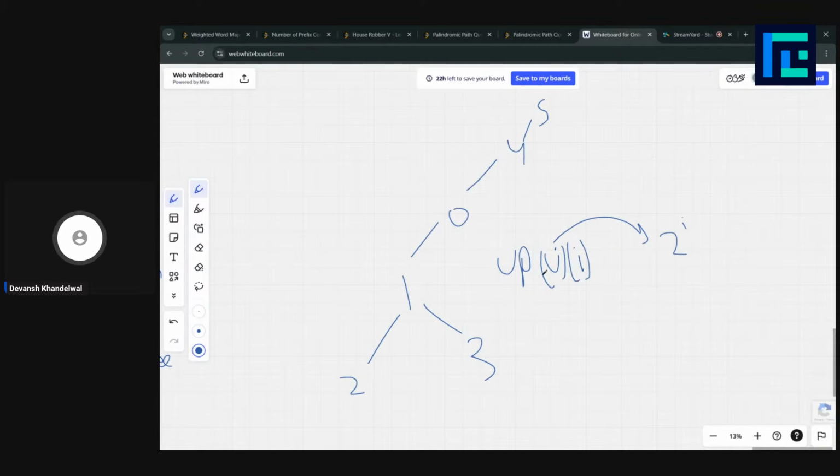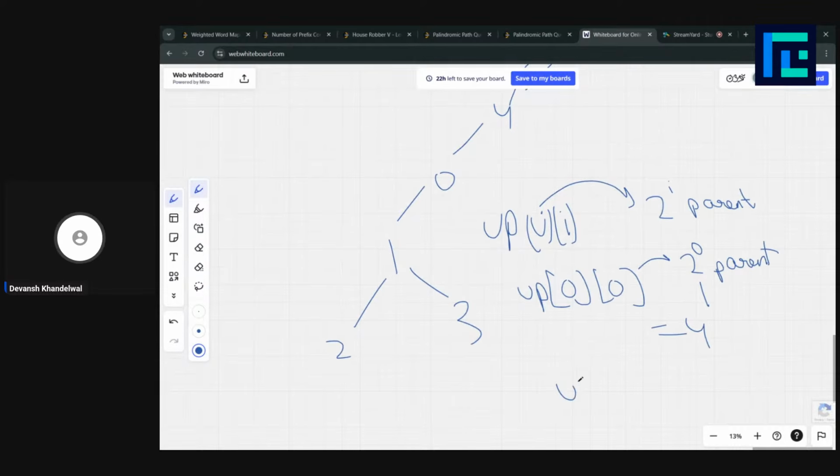Got it. So for, let's say, u equal to 0, up[0][0], with i equal to 0, is going to store the 2 to the power 0th parent, which is the first parent. The first parent of 0 is 4.